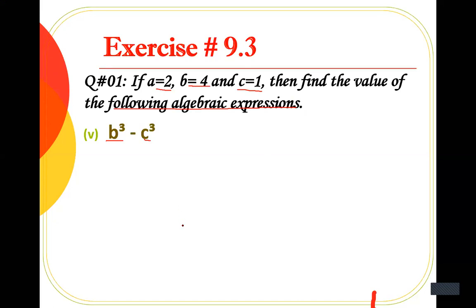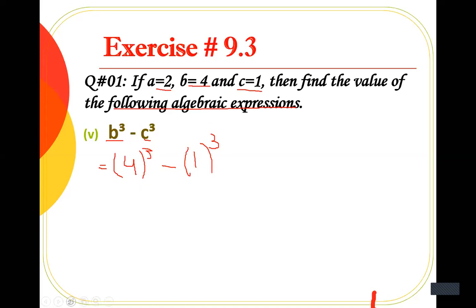So how will you write it? You will write it down in this way. I'm going to tell you. You will write equal to. Now because you have an exponent, you will write a bracket first, then replace b with 4, and then write down a bracket here. Then you will write your exponent, then minus, then bracket, then 1, then bracket, and then your exponent, that is 3.